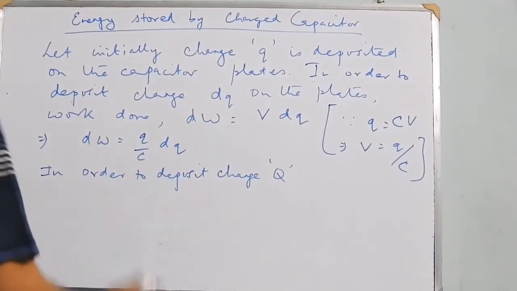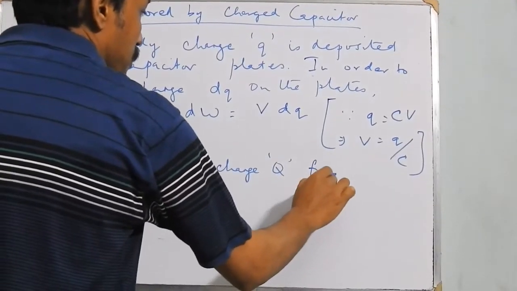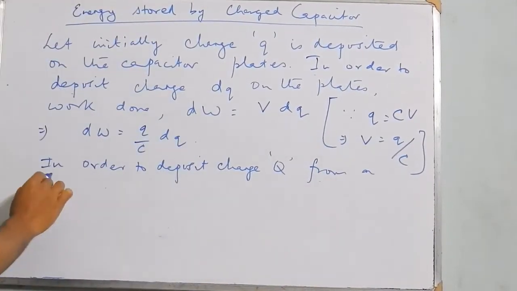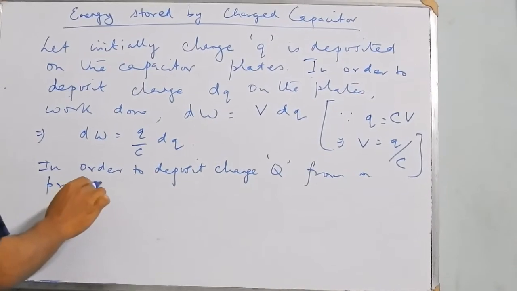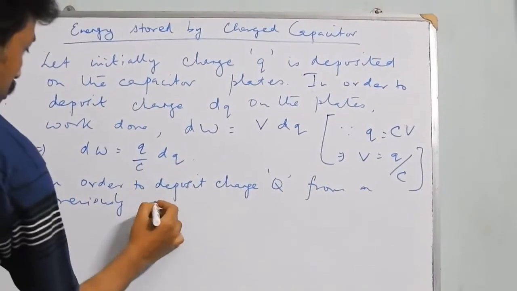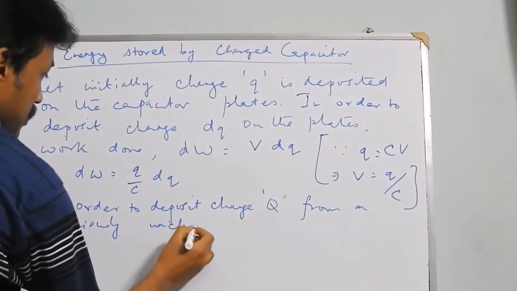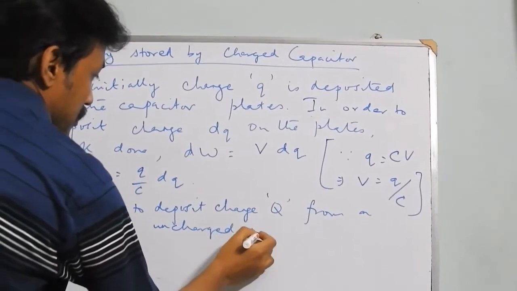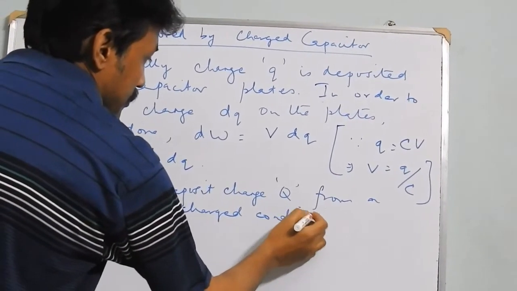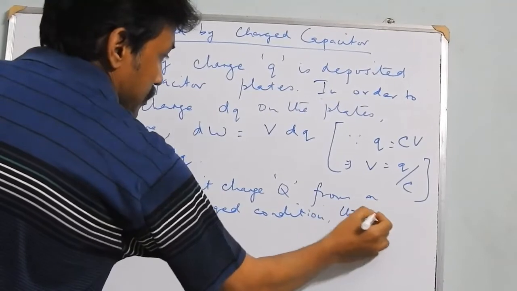So in order to deposit charge Q from a previously uncharged condition, the work done